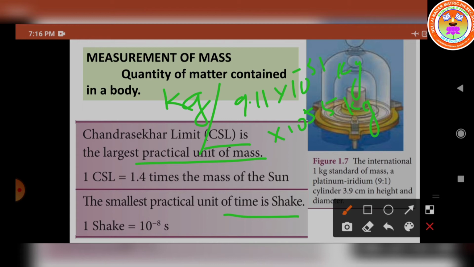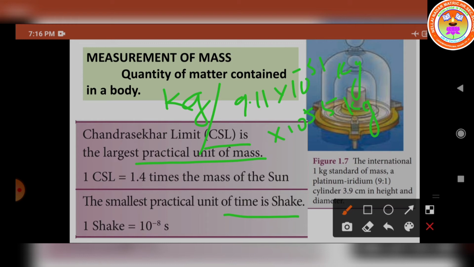Already we know what is mass, what is the definition of kilogram. That and all already we have discussed in the previous videos, isn't it? And one more question. Why is the cylinder used in defining kilogram made up of platinum iridium alloy? In the definition we have discussed, no? The platinum iridium alloy is kept in the International Bureau, isn't it? That mass only we have to take as 1 kilogram.